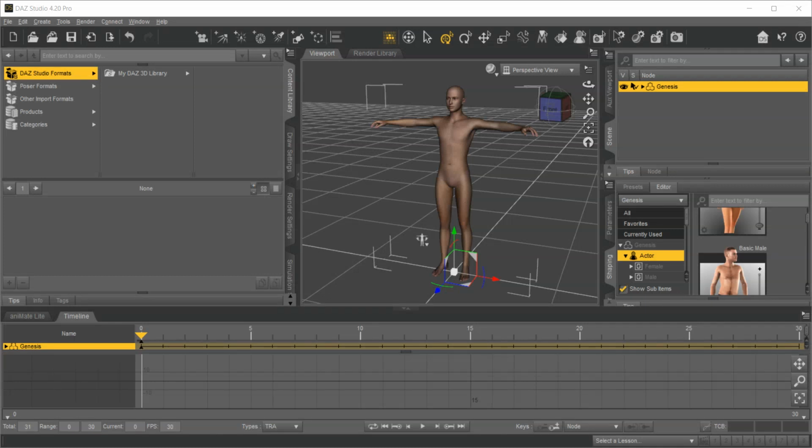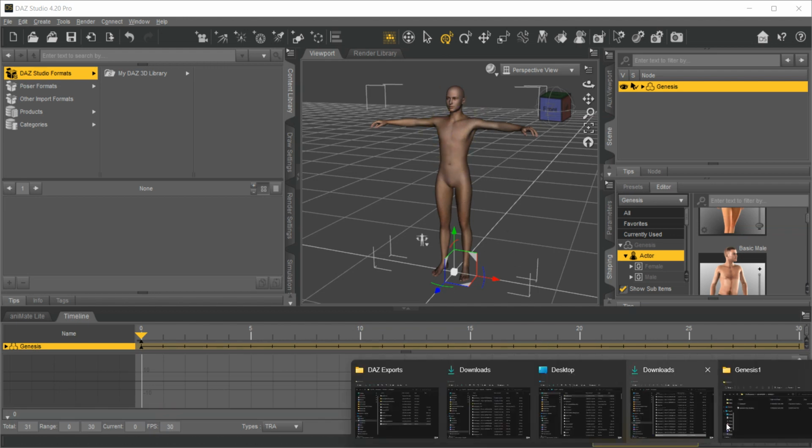Okay, so I have a Genesis 1 character for this example loaded in my DAZ Studio, and I'm going to go ahead and export that with the proper keyframes it needs to import for an auto-speaking character in CC4, and of course iClone then. So I've loaded my Genesis 1, and then I need to go and find